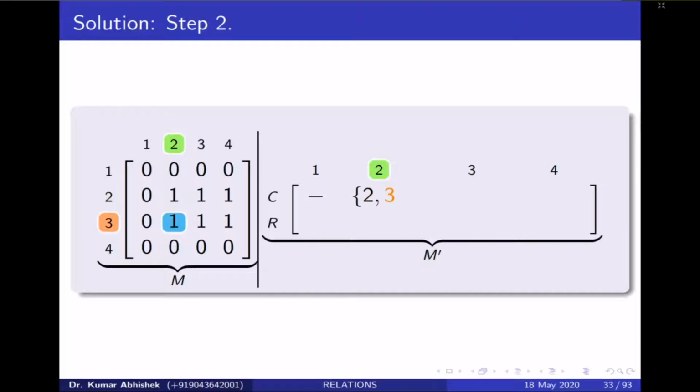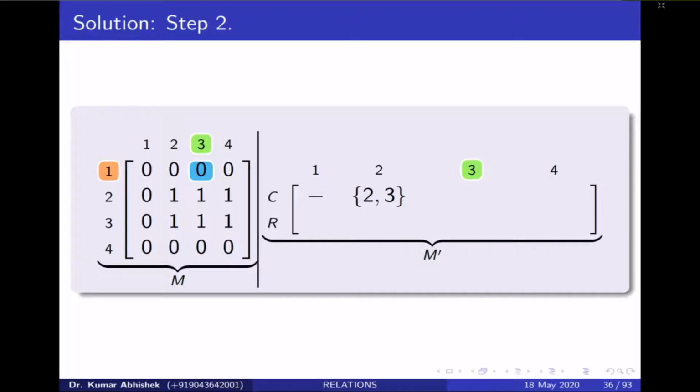As we move along the third row of the second column of M, we see there is again a non-zero entry in M, so we record it under the second column and the first row of M dash. Now there are no non-zero entries along the second column and fourth row of M, so we close the entries in M dash. Now we move on to the third column of M and again move along the rows under the third column and record the positions where we encounter non-zero entries.